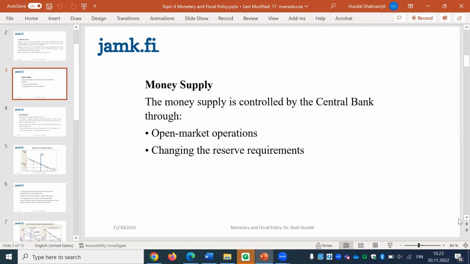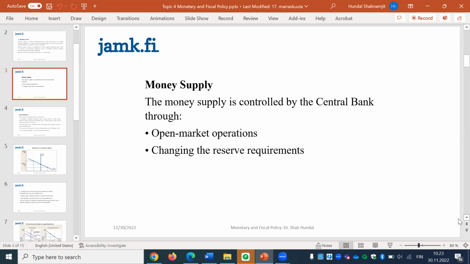Money supply is controlled by the central government, by open market operations and by changing the reserve requirement. These two terms are very important. Open market means